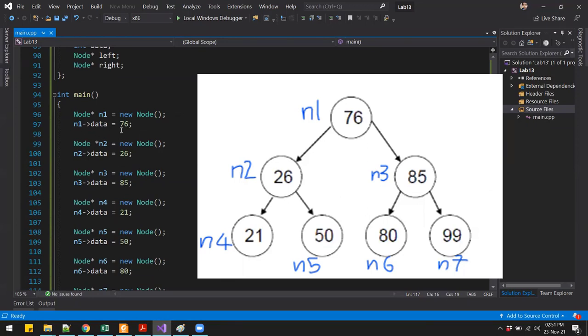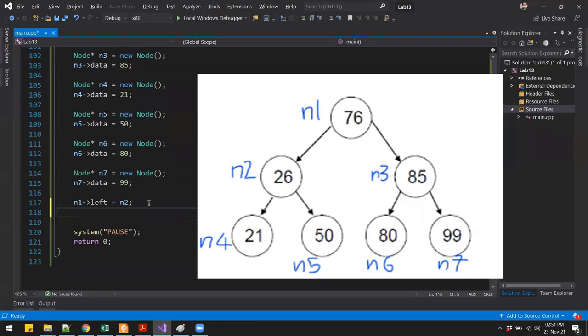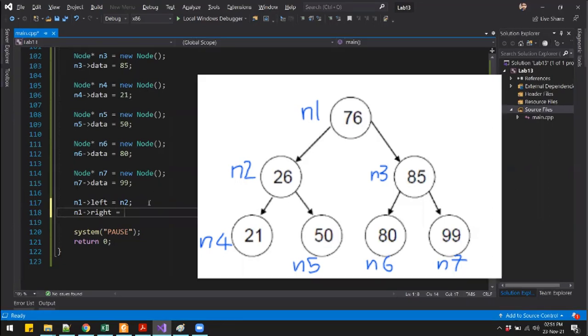So n1 arrow data is equal to 76, n2 it is 26, and so on. And now we have to say that the left of node 1 is node 2. So I'm saying n1 arrow left is equal to n2. What about right? So n1 arrow right, the right of node 1 is node 3.